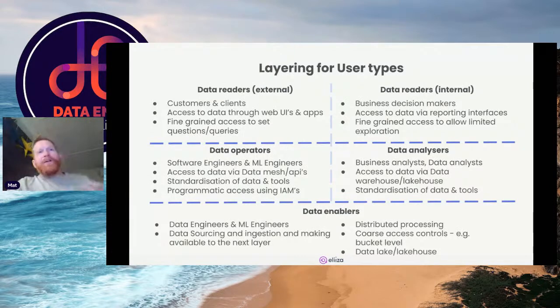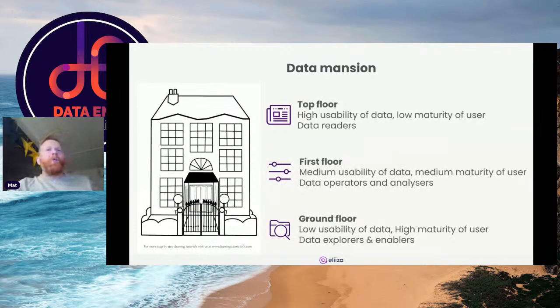So really, rather than creating these data sheds and data cathedrals, what we need to be creating is data mansions. So all the data or systems are under one roof, but we've still got our definite separation between our different users and our different users' needs.